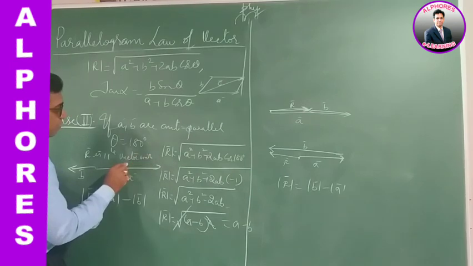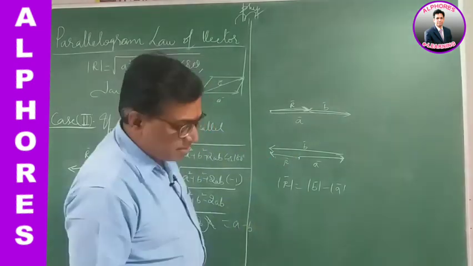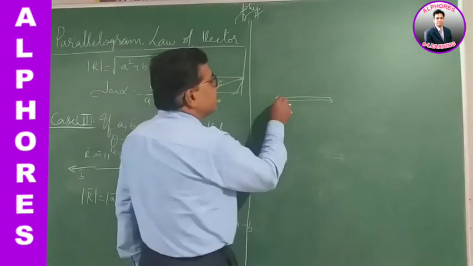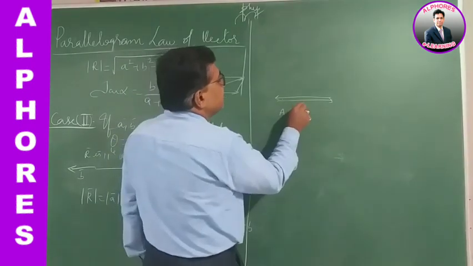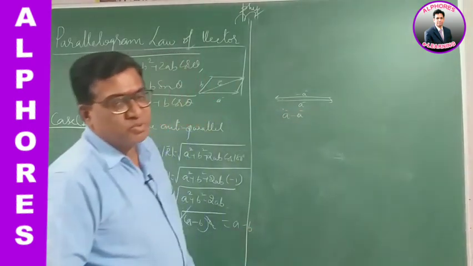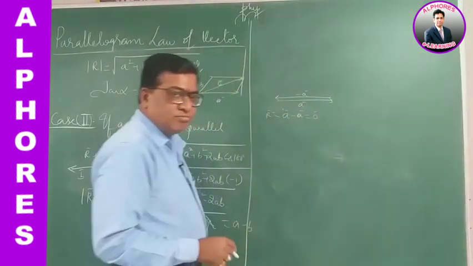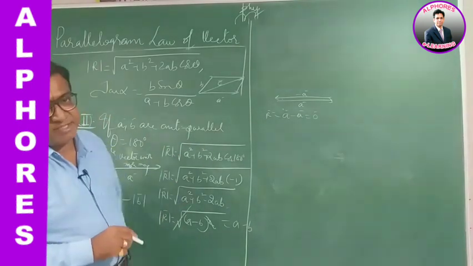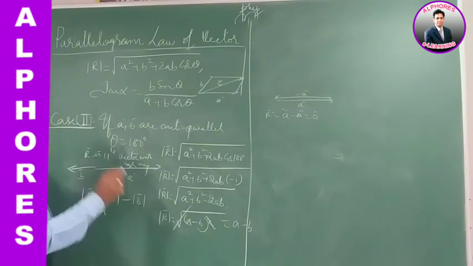Well, what happens if they are of the same magnitude? Then the resultant will be: first vector like this, second vector like this, both are equal and opposite, they are negative vectors. We know if this is A bar, this is minus A bar, and the addition of two negative vectors is 0. So the resultant will be a null vector. If A and B are of the same magnitude and in opposite direction, the resultant will be a null vector. And this is called the minimum resultant of the vectors.